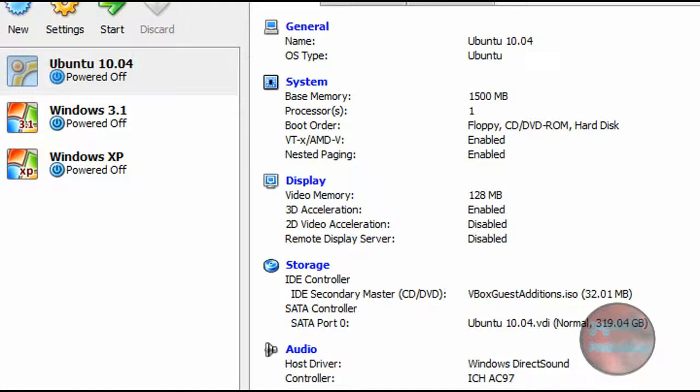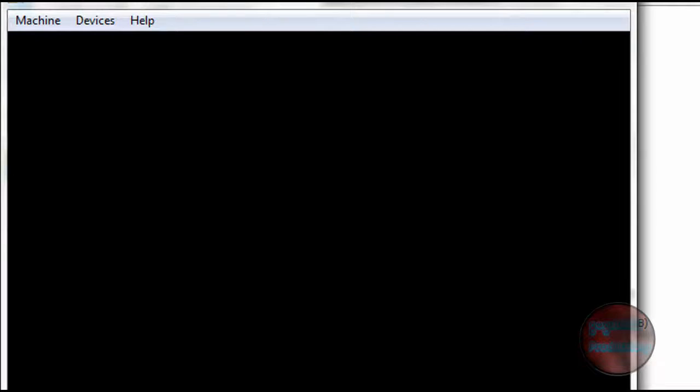So, basically what you want to do is boot from the Windows XP disk. So you will need a Windows XP disk, and you want to boot from that. Now, most computers, if you just put it in the drive and start the computer, it'll automatically boot from the disk. But some computers have a hotkey, you'll have to find that out yourself, can't help you with that. Anyway, so what you want to do is start your computer,